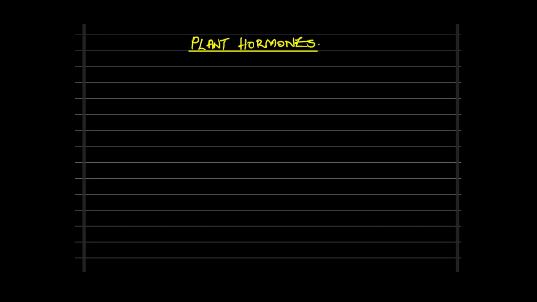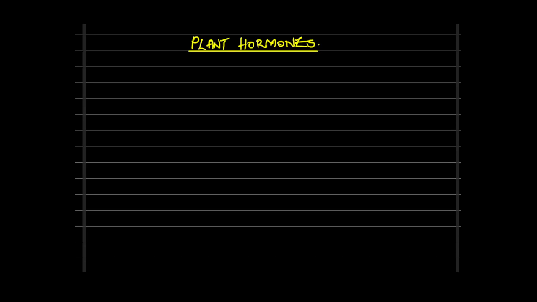Today we have a topic before us, and the topic is plant hormones. So what are plant hormones? Like we discussed in one of the previous classes, we talked about endocrine glands. Today we'll be looking at plant hormones. Endocrine glands are glands responsible for producing certain chemical substances in the body of animals, which regulate certain processes in the body. Also, we have something similar for what we refer to as plant hormones.